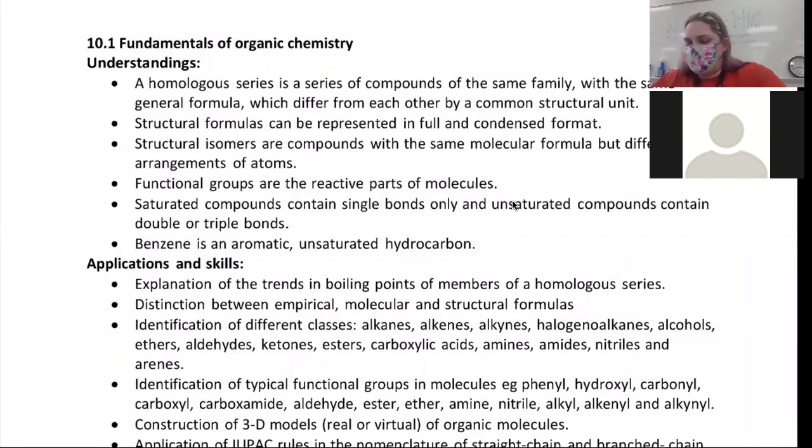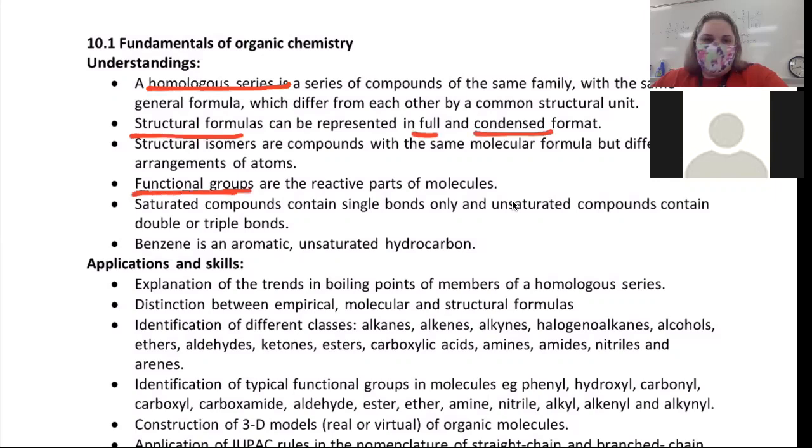All right, so for 10.1, which is what we're looking at today, we're looking at the first part of it. We're going to look at this term homologous series and what that means, and what a homologous series looks like. We're going to talk about the different ways we can write formulas. So we'll talk about structural formulas, what the full structural formula looks like versus the condensed. And then we're also going to talk about what's called a skeletal formula, and empirical and molecular formulas. And then the last thing we're going to talk about today is we're going to start looking at